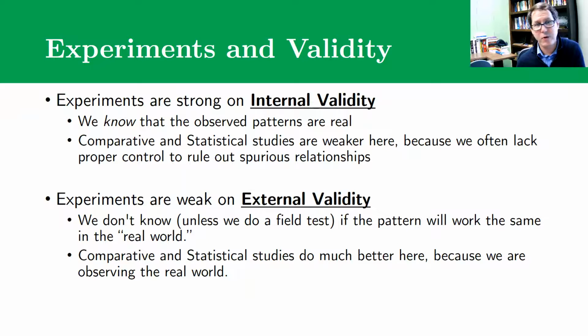Comparative studies, which we'll talk about later, and statistical analyses tend to be weaker when it comes to internal validity, in terms of structuring the design in a way that helps us make claims about causality, because we're limited by: have I thought of everything? Have I worked through all of the possible other factors that could be driving this pattern or accounting for this relationship? And with a true experiment where I have randomized control, I don't have to stress about that